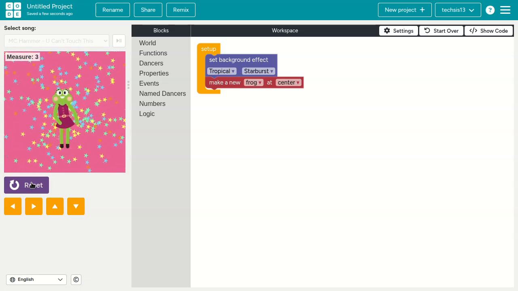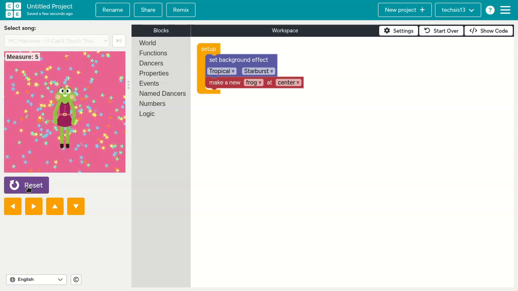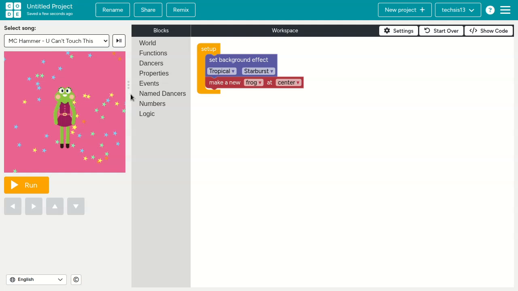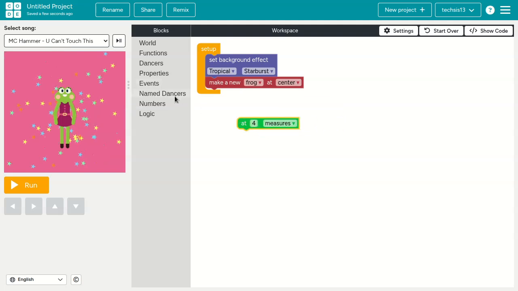Froggy starts to dance. Okay, very good. But keep your eye on that measure there, right? Because she's not really doing any particular dance moves yet. So this is where we come to the events. And we say, okay, at so many measures, we can do this. You see these events at 4 measures. So for 4 measures, she'll just be kind of like swaying side to side. But at 4 measures, we can get her to change a dance.